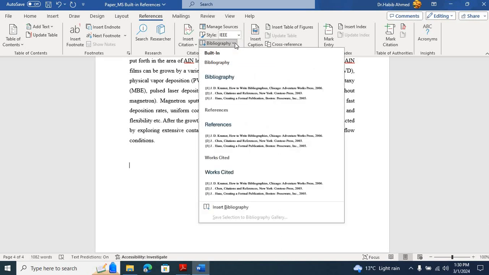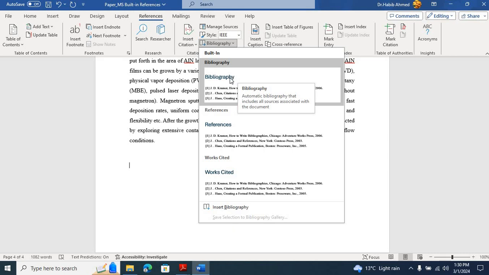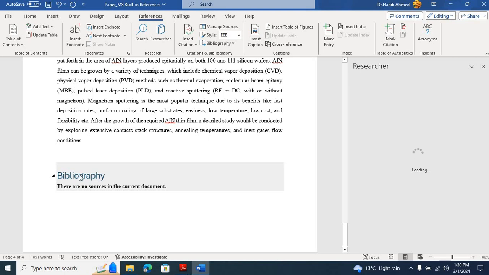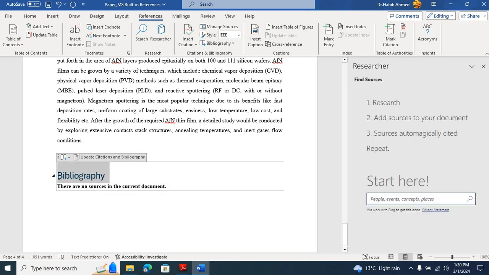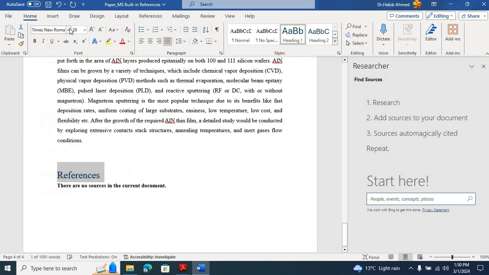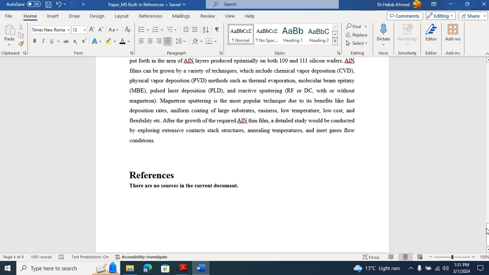click on Bibliography. We have different formats for bibliography. So for example, I want to click on this one, and we can rename it to references. We can change the format of the references as well. So I want to set it to Times New Roman, and then we can change the color of this as well, and I want it to be bold. Okay,